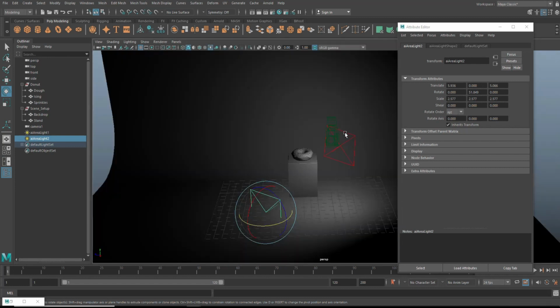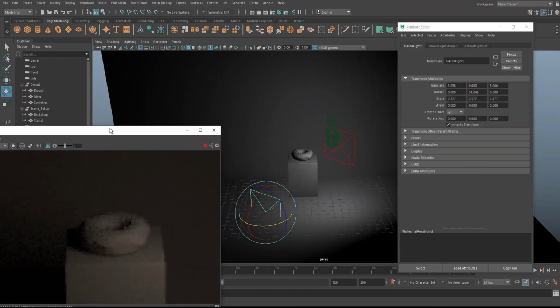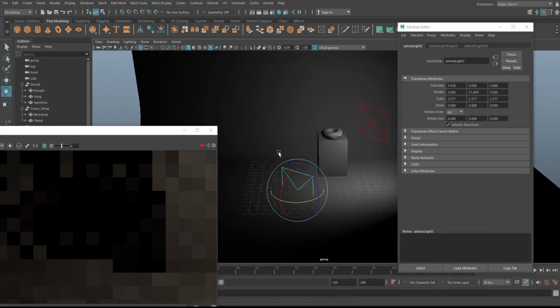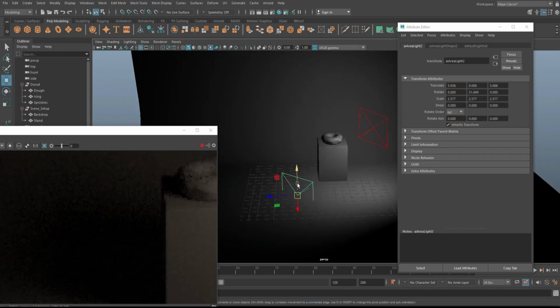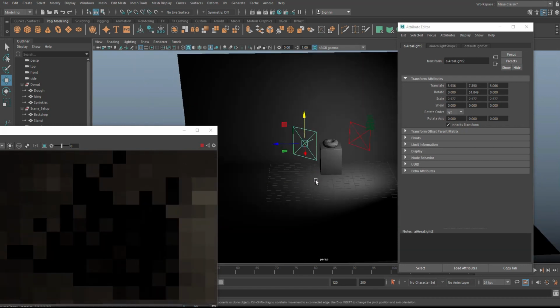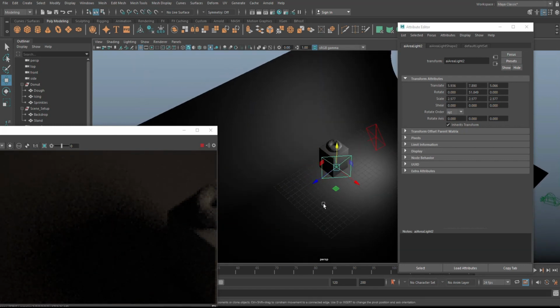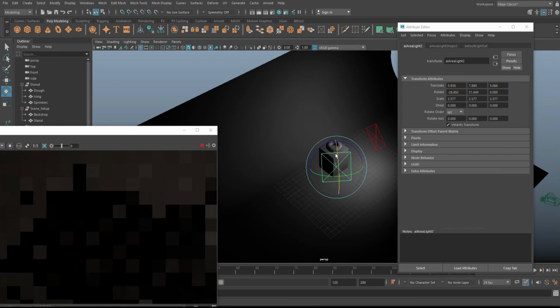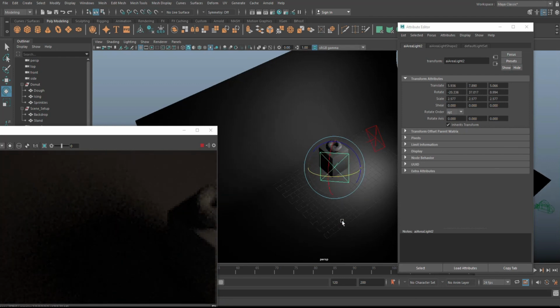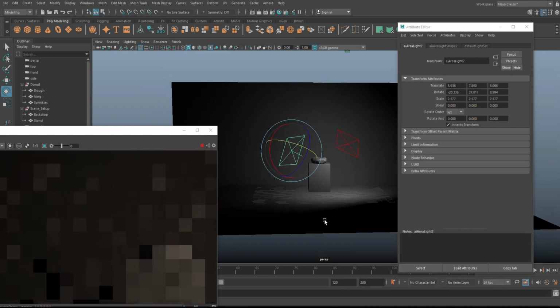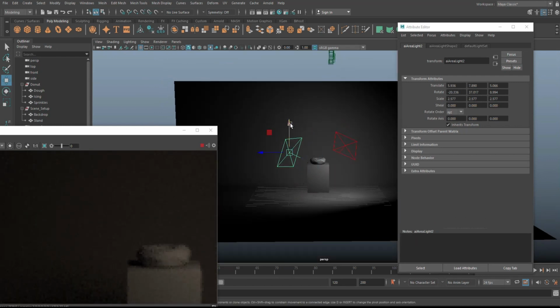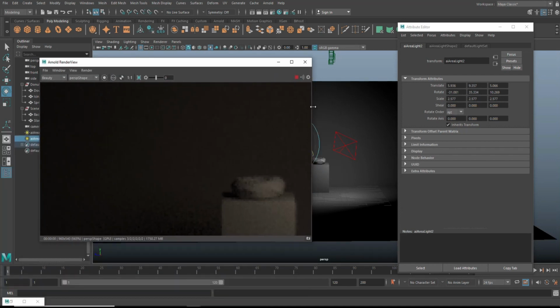Then we're going to go back into our perspective view. Let me bring this back in here. And normally I'm working on multiple screens, but I want you guys to see what's going on. So we're going to go up here and we're going to tilt it, push it down, push it in. And the whole idea of this light is that it's lower in strength, right? So let me flip that some more like this. And then we're going to go in, I'm trying to see where I'm going to leave all this stuff.